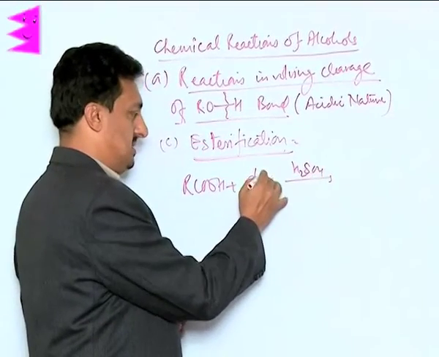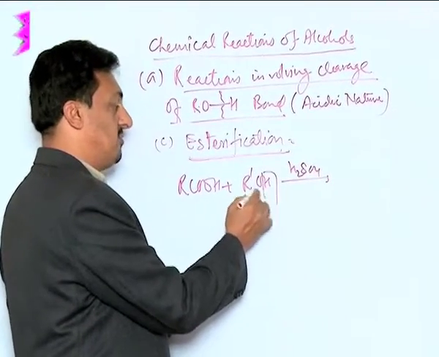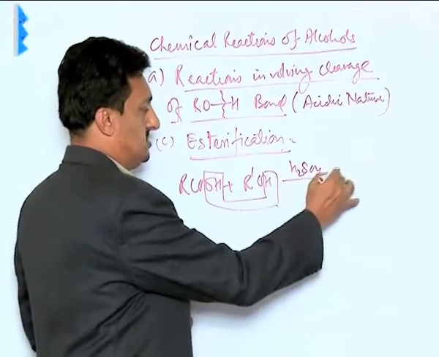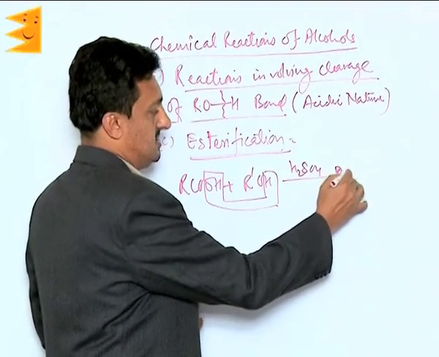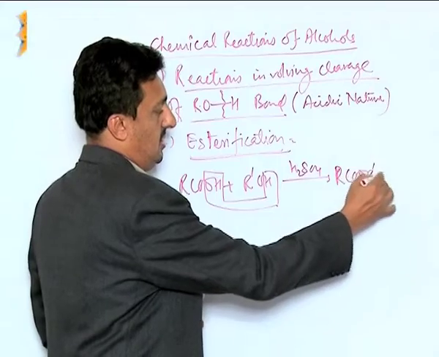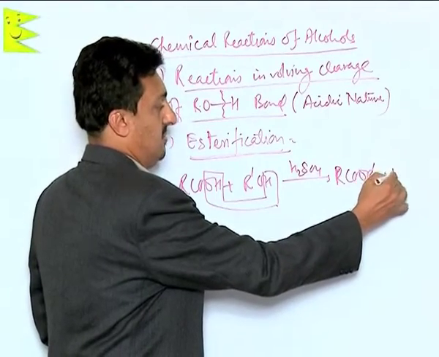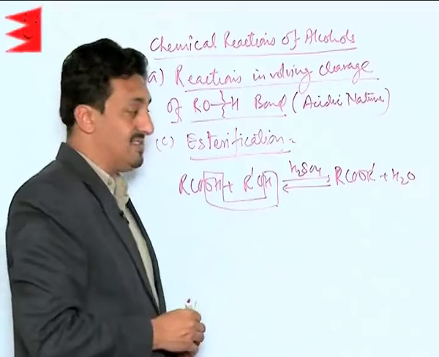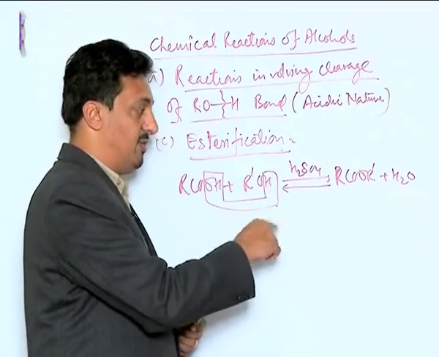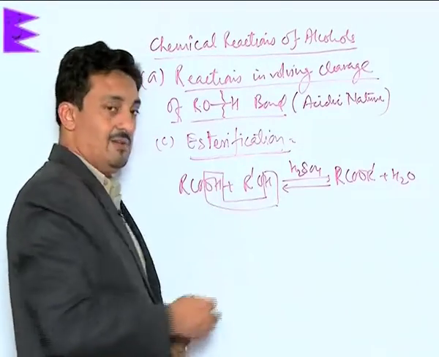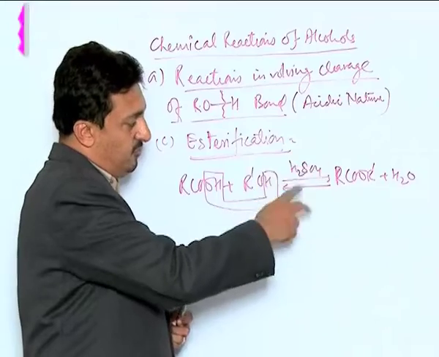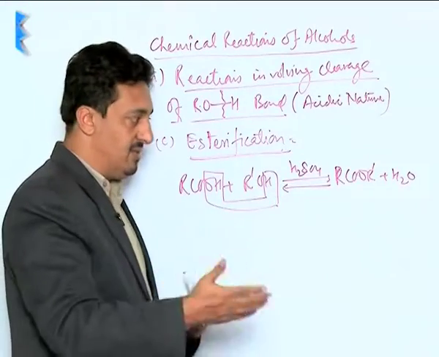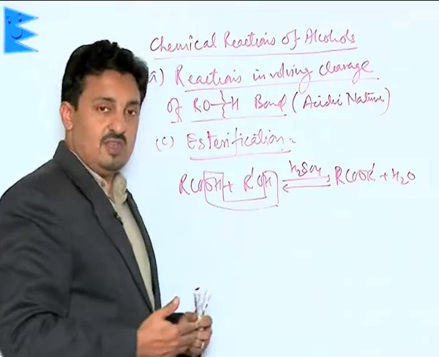What can happen is the H moves out from the alcohol and the OH from the acid, they go out, and what we get in this is RCOOR' plus water. See, this reaction is reversible because the ester can react with the water in presence of a sulfuric acid to form the acid and the alcohols back. Therefore, as soon as the ester is formed, it is to be distilled out immediately so that the reaction's reversibility